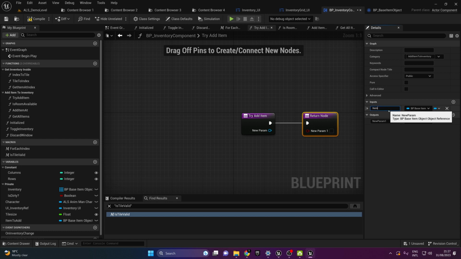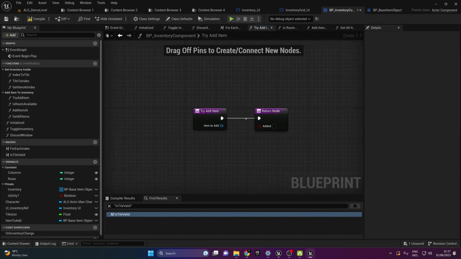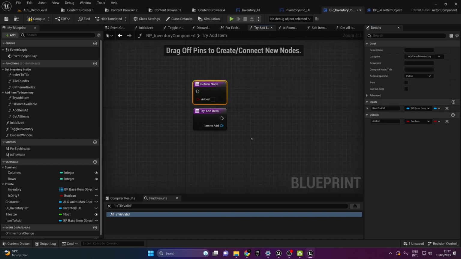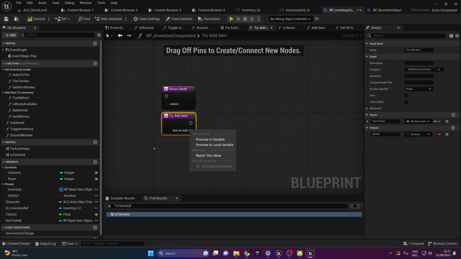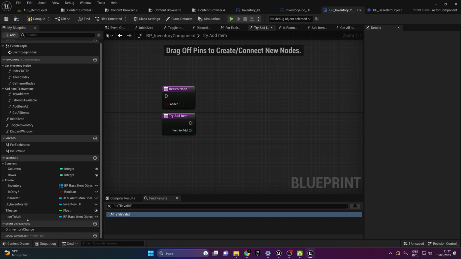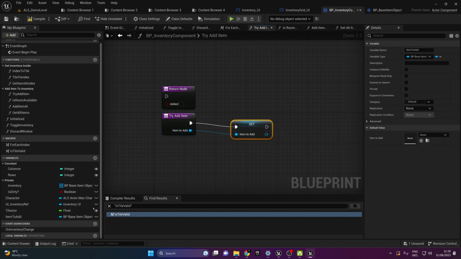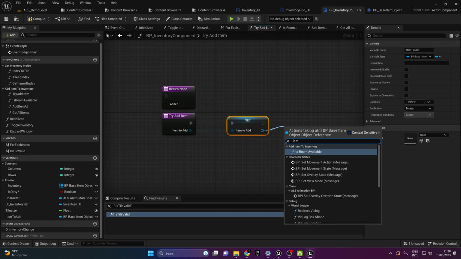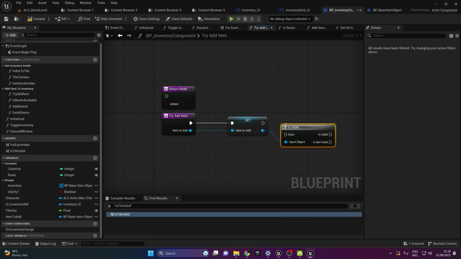This one would be item to add, and this one would be added. We'll take the variable we have created, item to add. We'll set it here. We'll do an is valid, the other one,